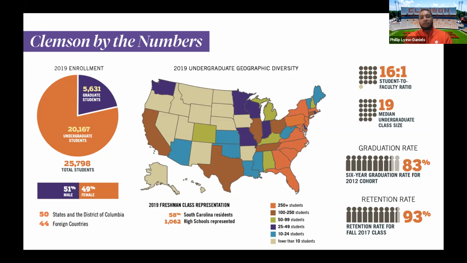Here, as you can see, we have a median class size of 19, but our average class size typically hovers around 30, 31 students. For graduation rate, we project at a 6-year scale, we have an 83% graduation rate. Now, a lot of times I get asked the question, why are you projecting on 6 years when I'm paying to come to school hopefully for 4? Those additional 2 years